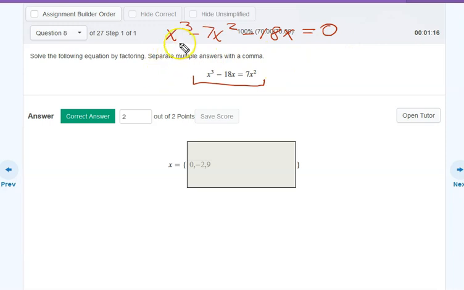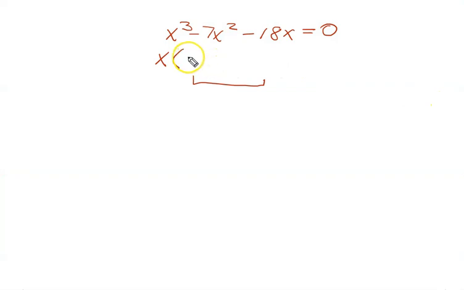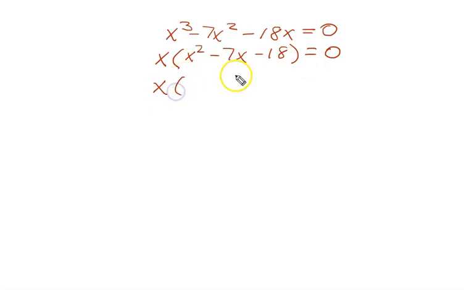Now, step 1 is see if there's a common factor, which there is. So we get x. In fact, I'll go to the whiteboard here. And I'll take this away here. And we get x squared minus 7x minus 18. This would be line 2. And then now we're going to factor this part,